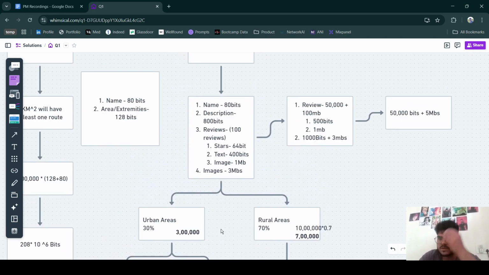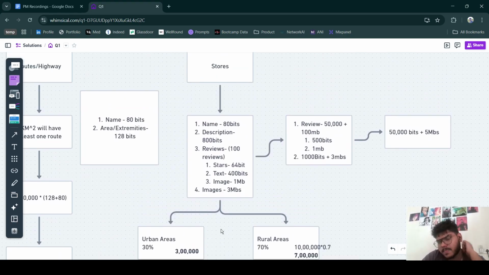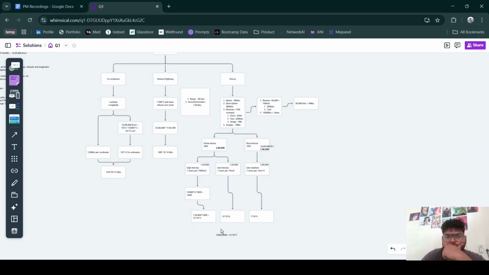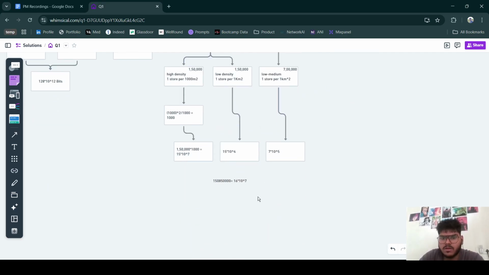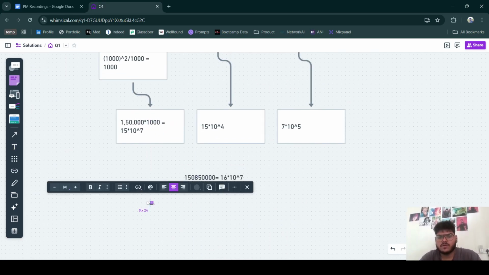And if we are taking 50,000 bits plus 5 MBs, 50,000 bits into 16 times 10 raised to power 7, that would be around 5 times 16, 8 times 10 raised to power 12 bits, plus